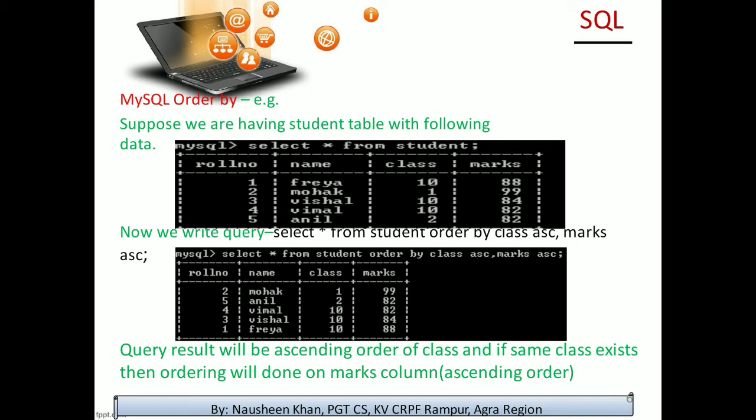That means, what will it do? First of all, it will arrange my records class-wise. Then, if we have more than one record of the same class, it will arrange those records according to their marks, meaning in ascending order of their marks.